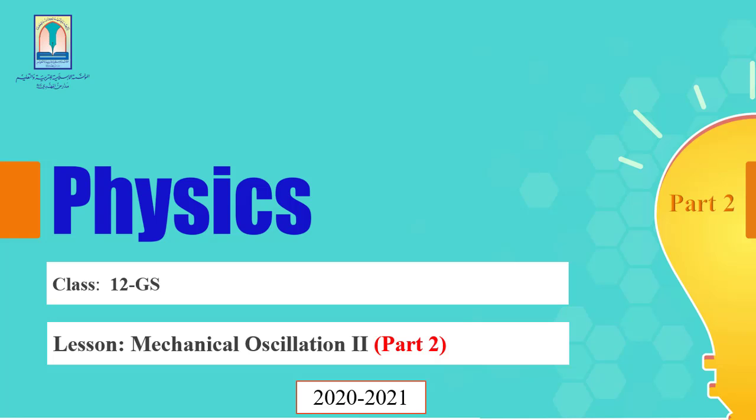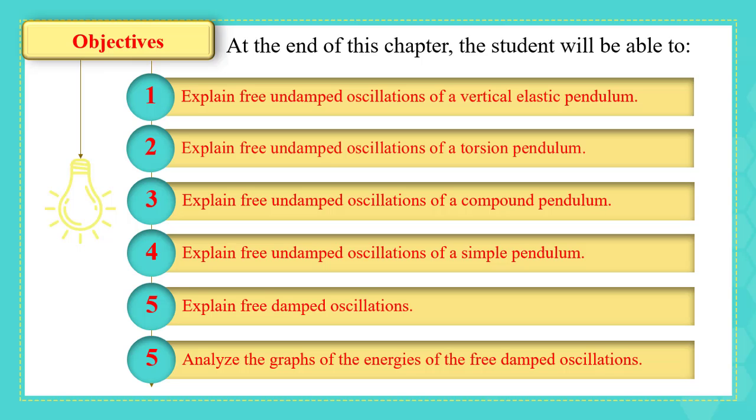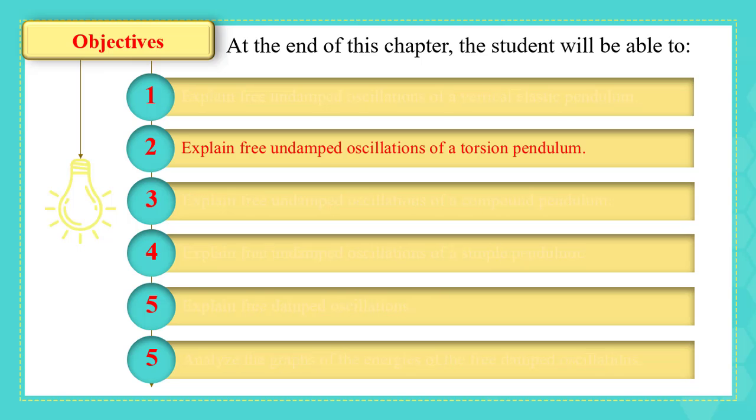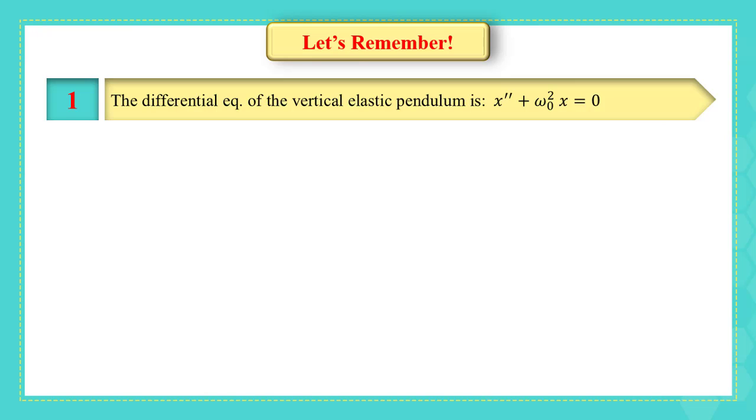This is the second video in mechanical oscillation part 2. At the end of this part, you're going to be able to explain the free undamped oscillations of a torsion pendulum. It's good to remember from the previous video that the differential equation of the vertical elastic pendulum is